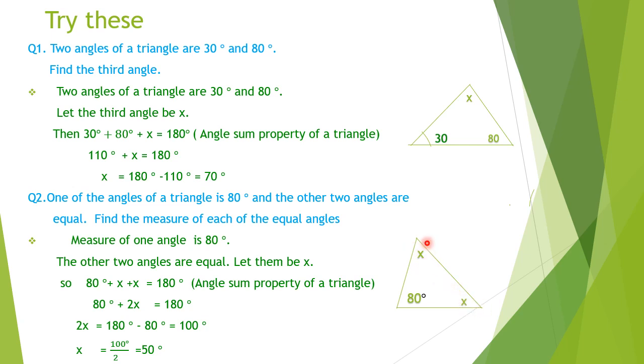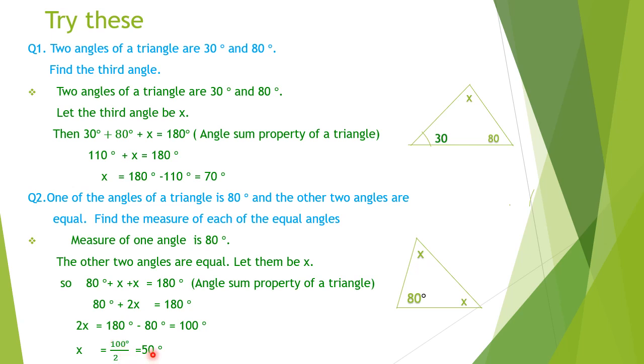And you know from this triangle figure itself, x plus x plus 80 is equal to 180 degree. Okay, so x plus x adding time what we get 2x. 2x plus 80 degree is equal to 180 degree. And therefore 2x equal to, this 80 degree here it is added, so we have to take to the left side, taking that it will become minus. So 180 degree minus 80 degree it is equal to 100 degree and therefore x equal to, here you know children 2 is multiplied with x. So x finding time we have to divide by 2. 100 degree divided by 2 it is equal to 50 degree.